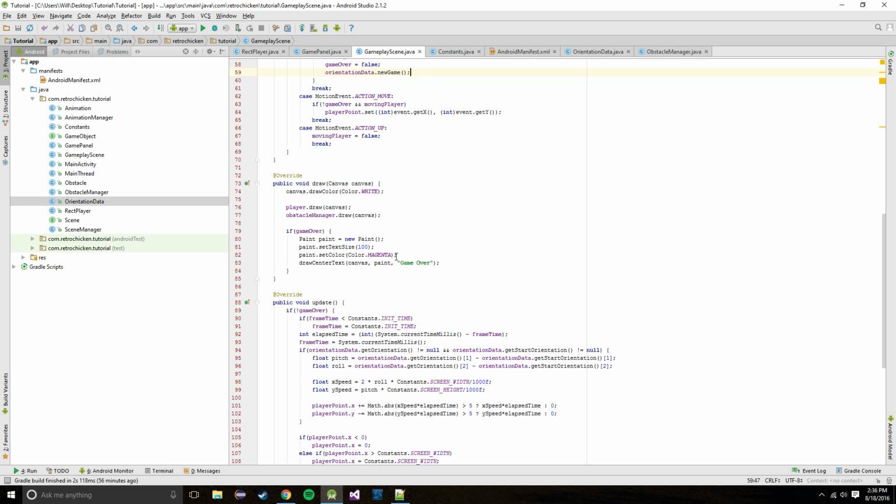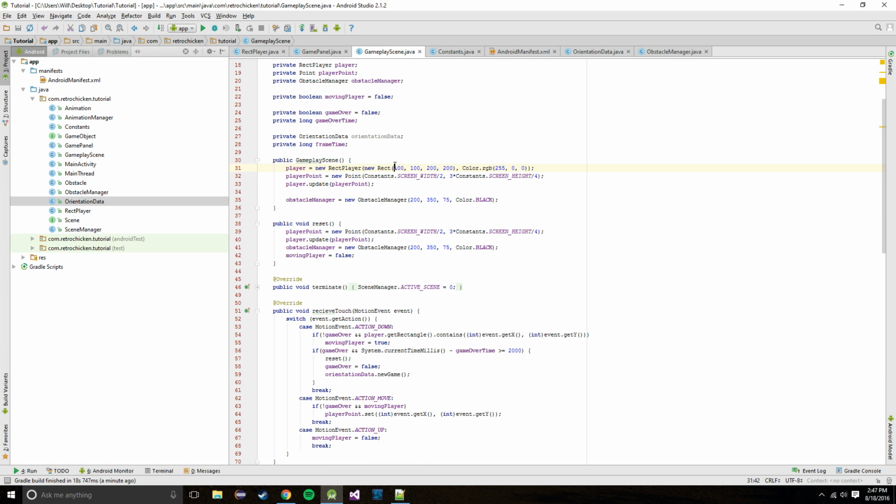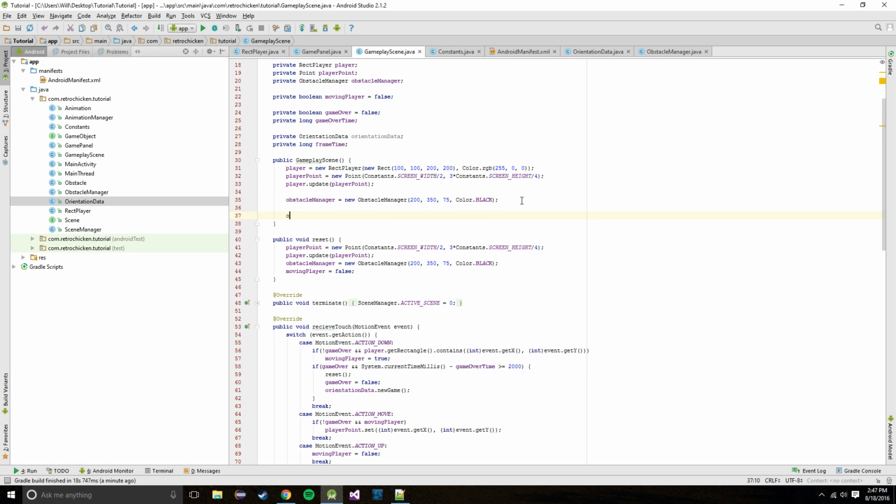I'll overlay me playing it because it's kind of hard to test gyroscopic controls in an emulator, so I'll just give it a run on my phone. Alright guys, I ran it and I made an obvious mistake. That's a quick fix. I forgot to go over here into the gameplay scene and actually instantiate the orientation data. So just make it a new orientation data,